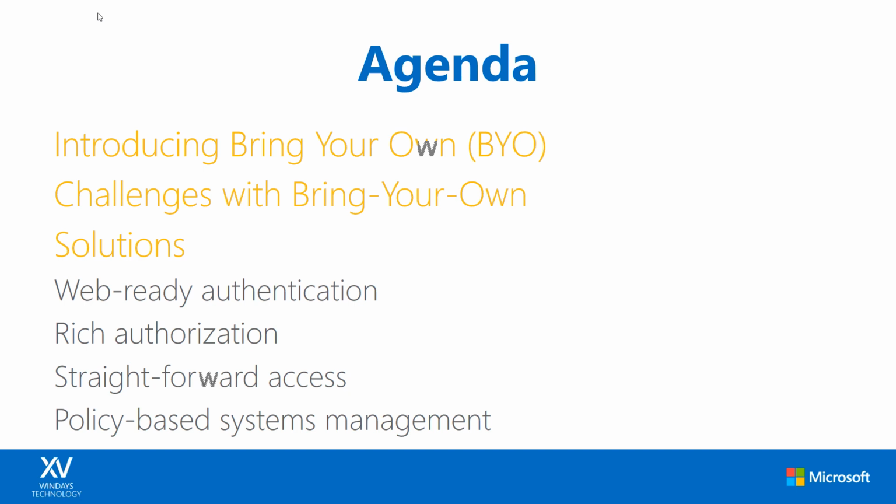So we're going to talk about the challenges that we're having with bring your own device, challenges with the information strategy, security strategy that we need, and I'm going to quickly go over 4 areas that I feel that you need to address. There's a couple of other areas as well, like data protection that you can use with RMS. There was a session on that yesterday, and I can also advise you to look at licensing. But again, that is a different topic. I can do another session of 45 minutes just on the licensing of Bring Your Own. So we'll just stick to these 4